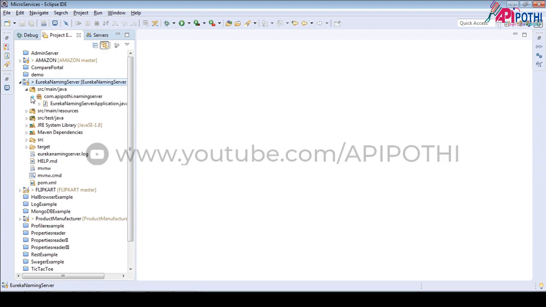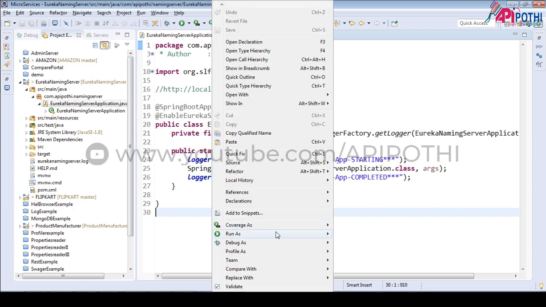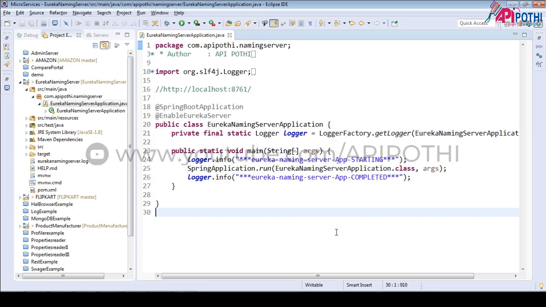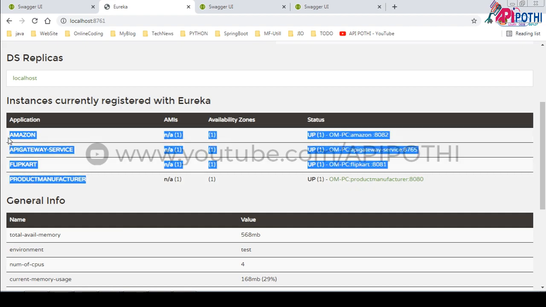In order to see that, again we will start from Eureka naming server. We will run Eureka naming server: right click, run as Java application. Now all our services are running again, and we are going to test what that method is exactly doing.